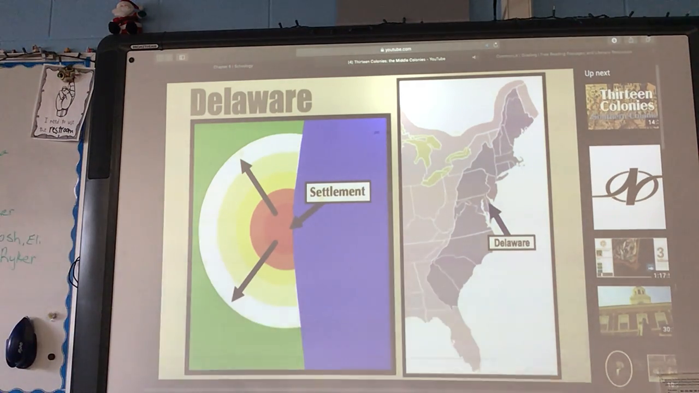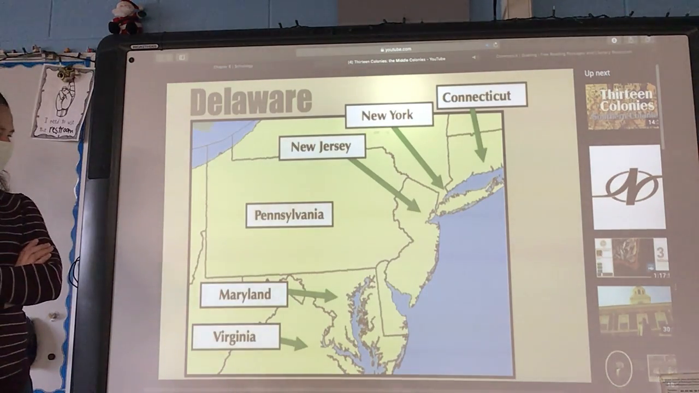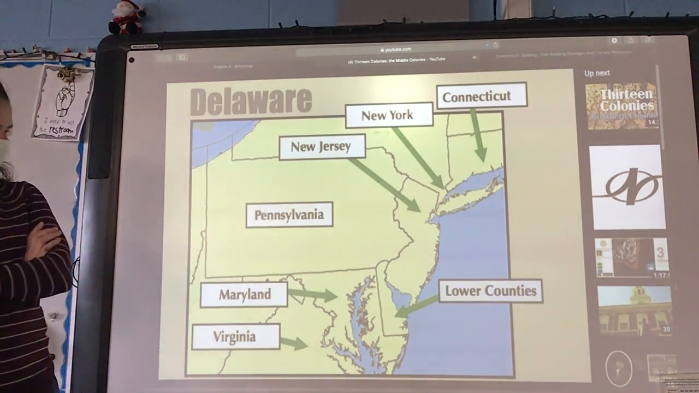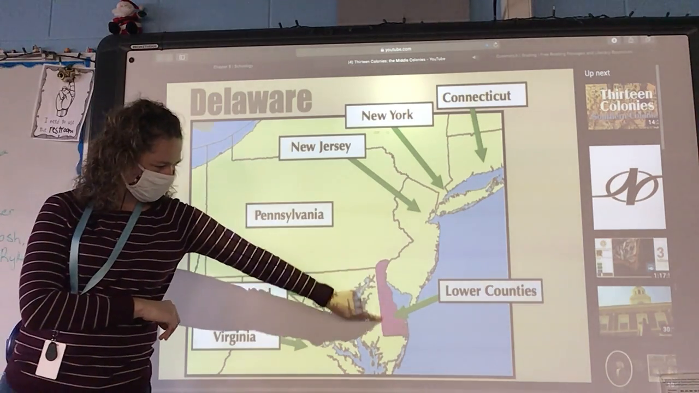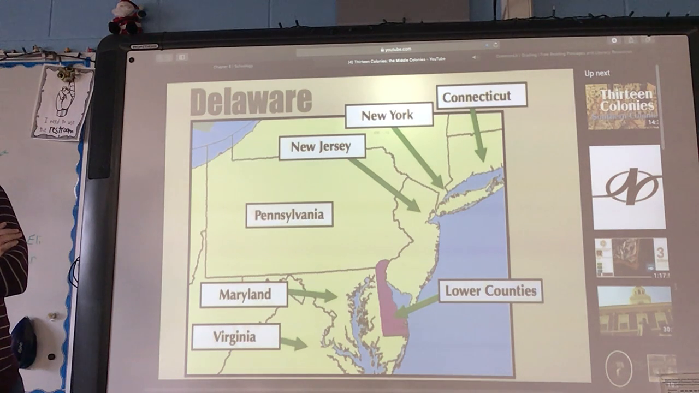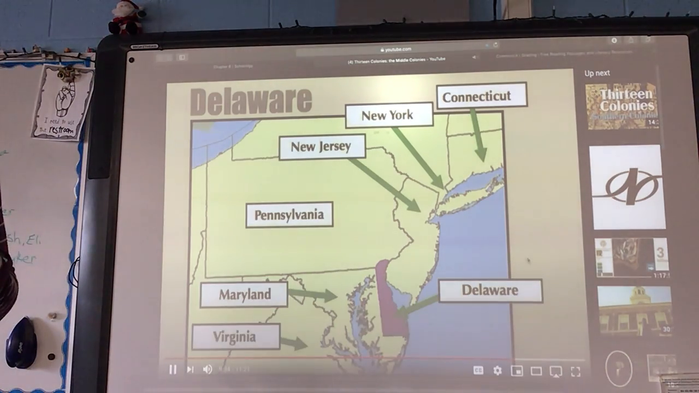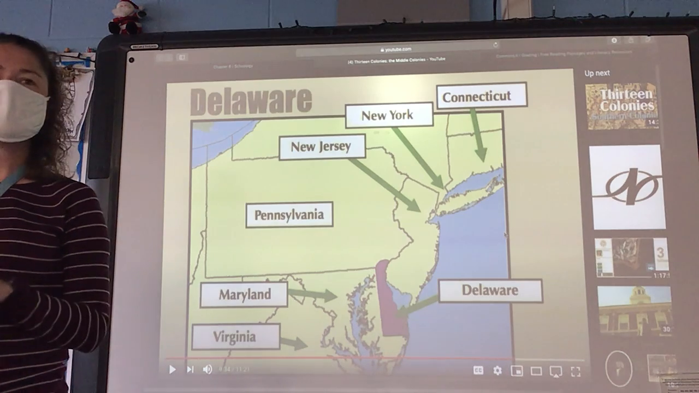Interior as well as further up and down the coasts. That's what we see happening in Pennsylvania. And so there's a part of Pennsylvania that's referred to as the lower counties, and we see that down here on the map. Eventually, because that area is located so far away from the capital of Pennsylvania, which is Philadelphia, William Penn allowed them to begin electing their own assembly, and eventually they're going to get their own charter and become the colony of Delaware. So Delaware was part of